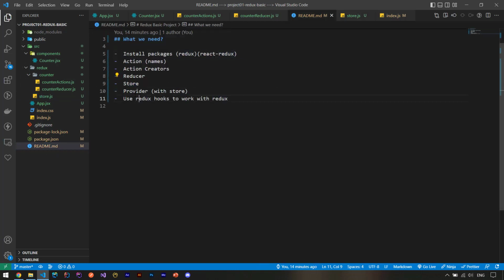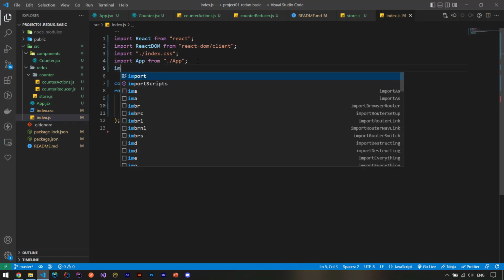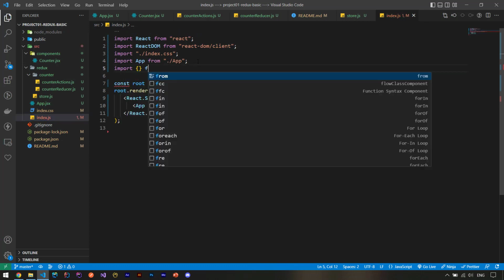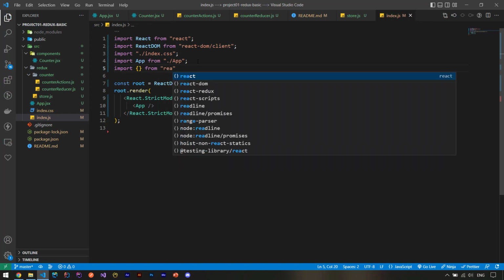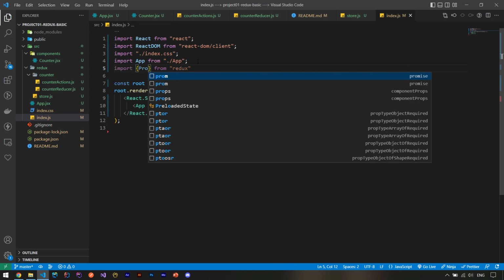After the store, we need to wrap my provider with the store. Let's do this. So inside of index.js, you need to import something from Redux. And this is a pro